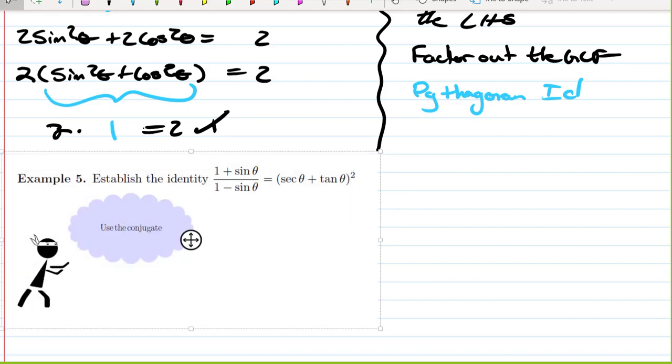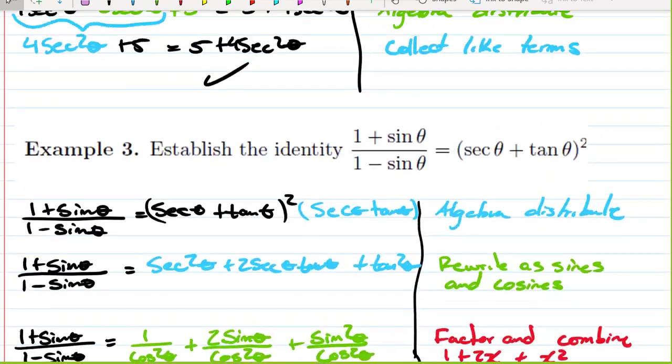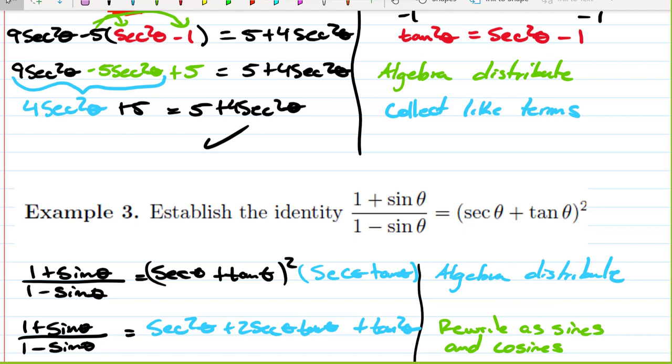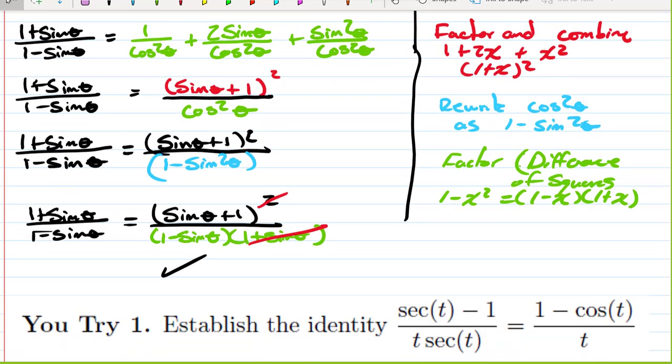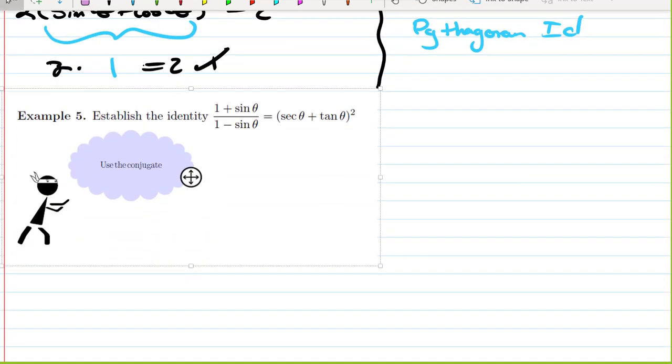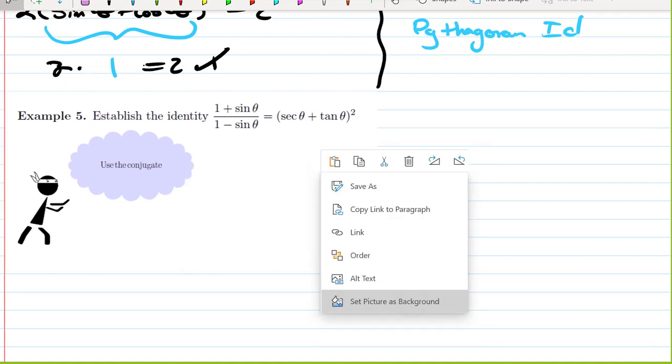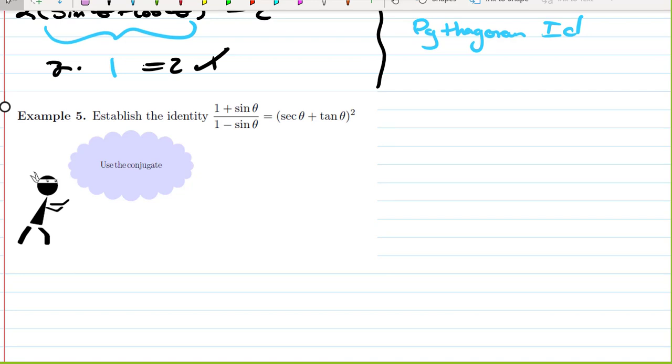So we want to establish the identity, and let's go back and take a look. So this was what we did in example number 3. Last time, in example 3, we expanded the right-hand side and turned it into the left-hand side. The Hint Ninja says, well, let's establish the identity, but it wants us to use the conjugate. So if you remember, the conjugate